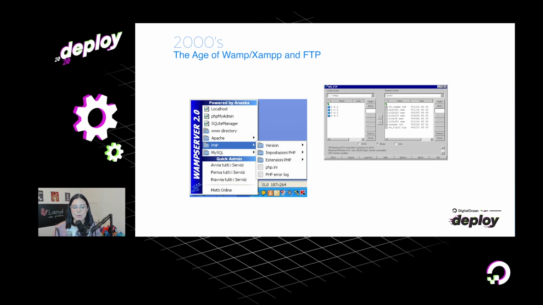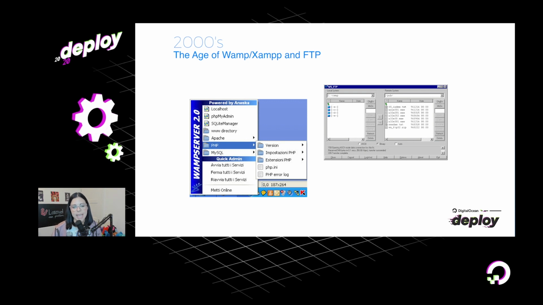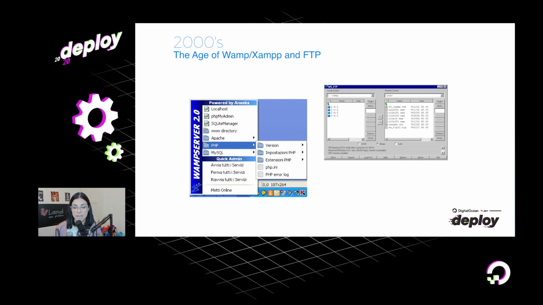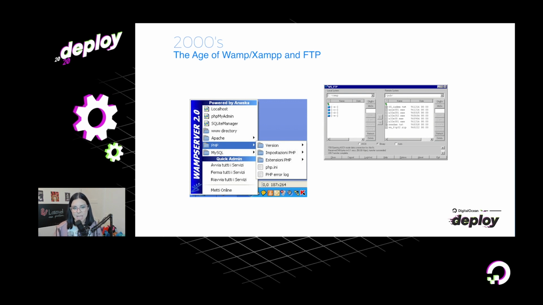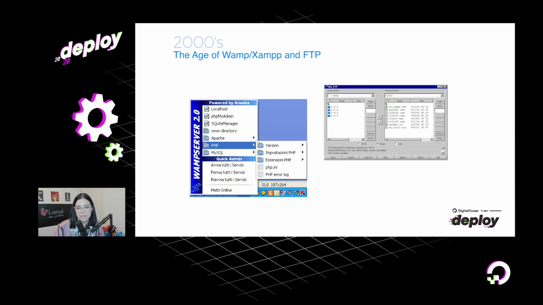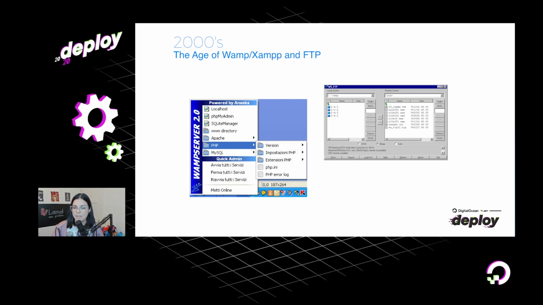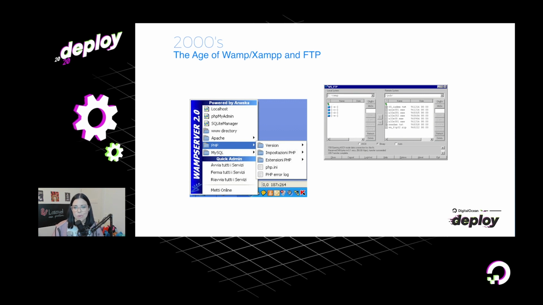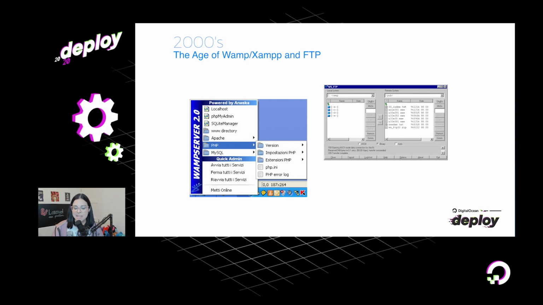I started working with PHP around that time more professionally, and WAMP server and XAMPP server were very popular at that time. So usually you have a Windows machine, right? And these were the options also for deploying. WSFTP was the most popular option as a deploying platform at that time. Good times.